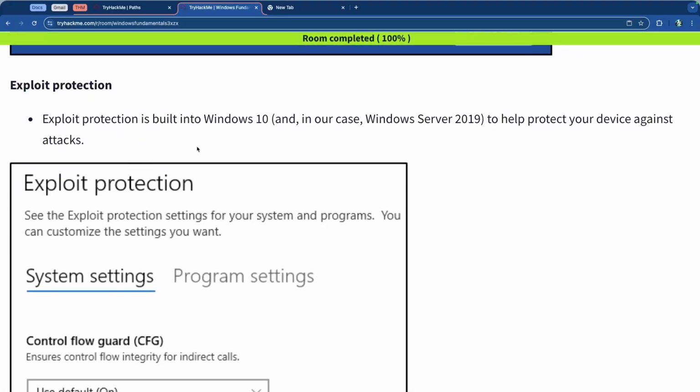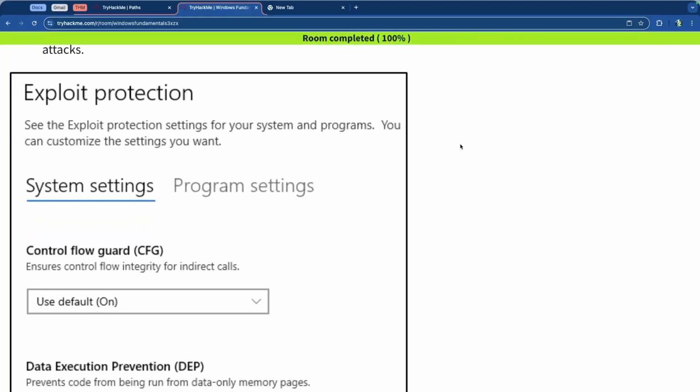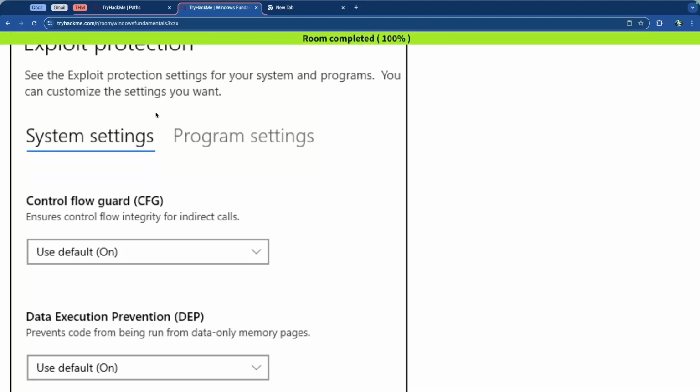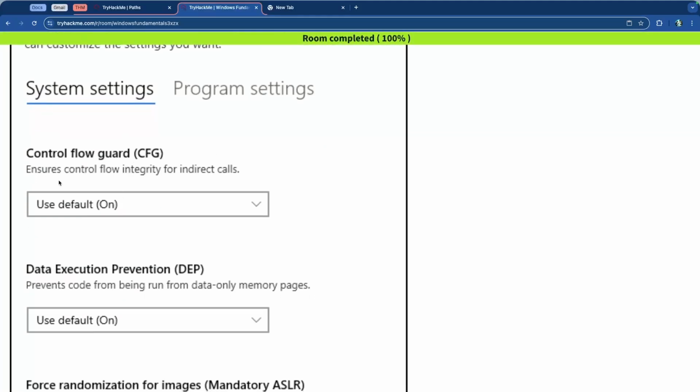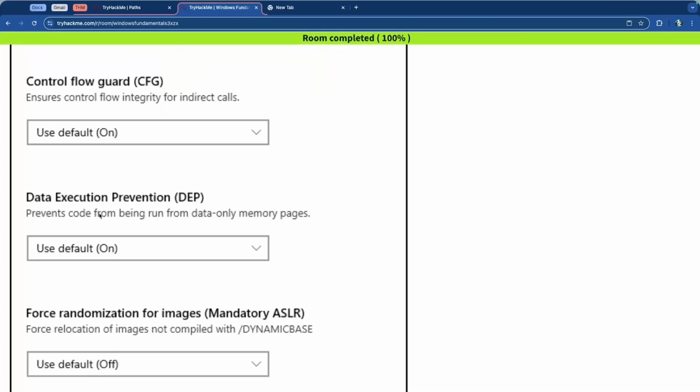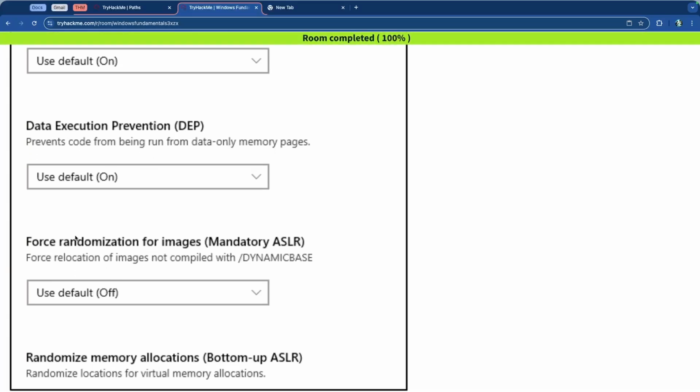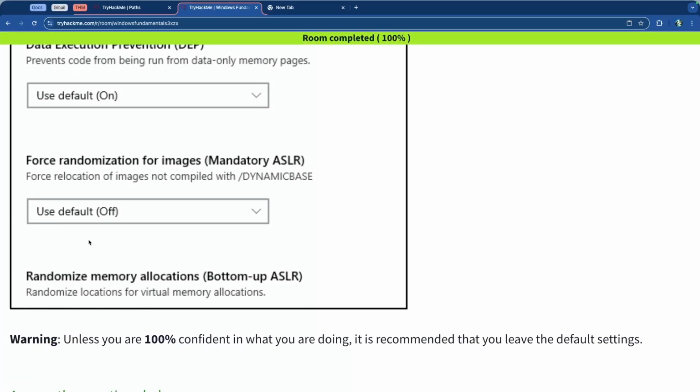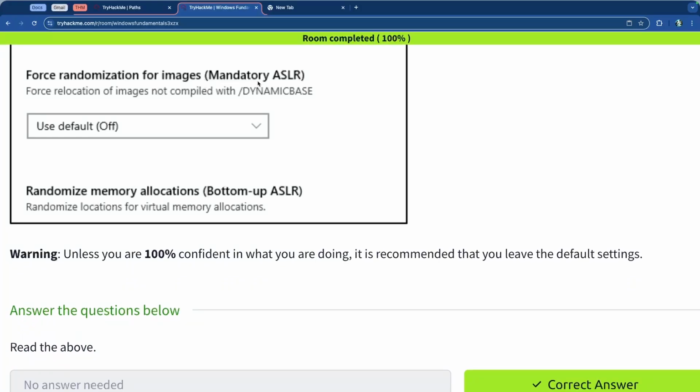And then you have exploit protection, which is built into Windows 10 and in our case Server 2019, to help protect your device against attacks. And this is what that screen looks like. So you have the system settings and then the program settings, and then the control flow is default, which has been turned on. Data execution prevention, it's default and it's been turned on, and force randomization has been turned on for images or mandatory